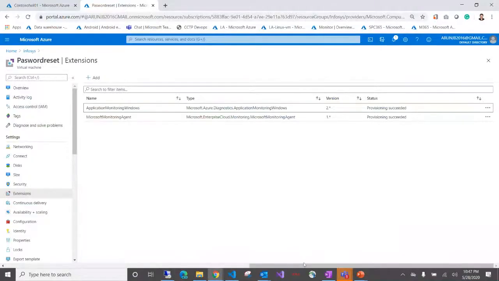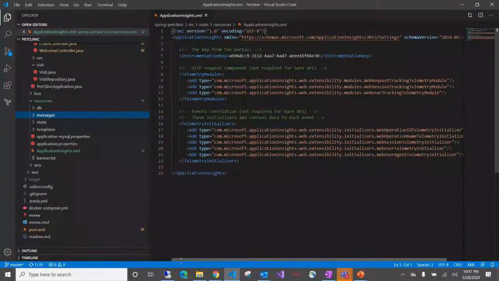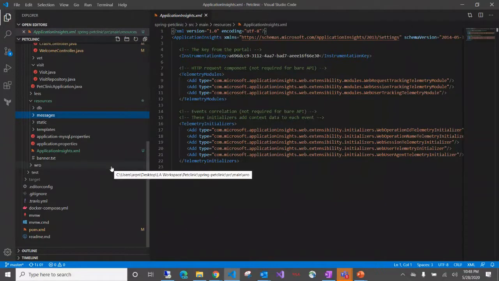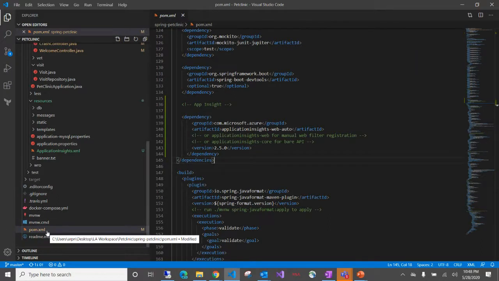The last thing I would like to show here is how we can enable it for a Java application. As I said before, Application Insights or Azure Monitor in general is applicable for all the available resources. Suppose I have a Java application and I need to enable Application Insights. Again, it is pretty easy. All I need to do is add this dependency section, which installs Application Insights as a web auto mode. If you have any experience with Java, this pom.xml is a kind of dependency file similar to our package.json file. We can just add the dependency information here and it will be downloaded.